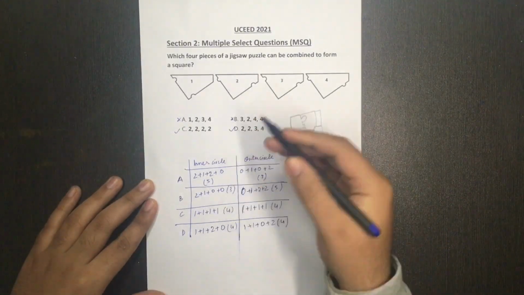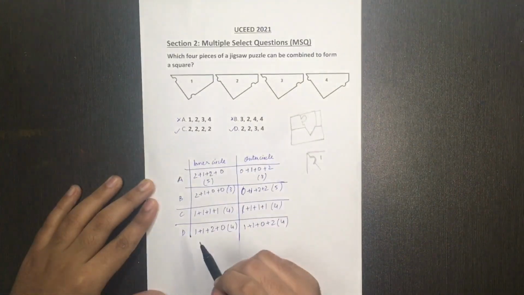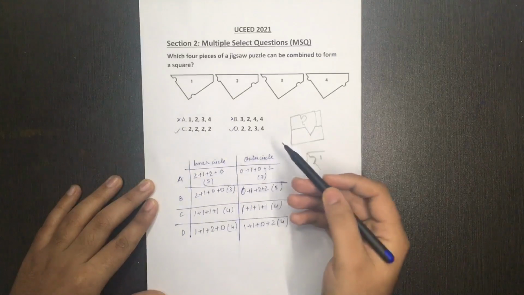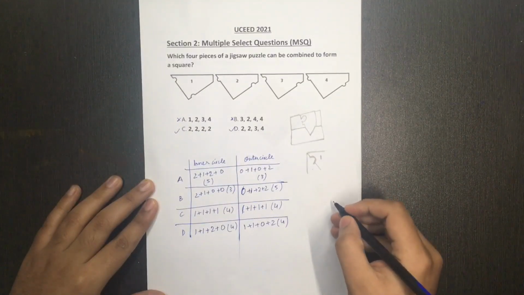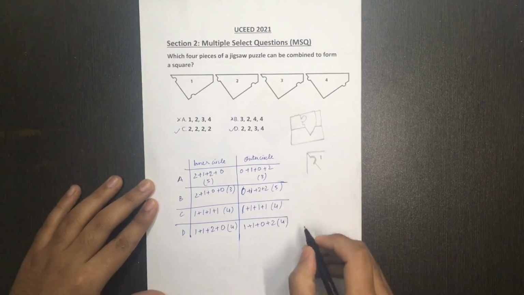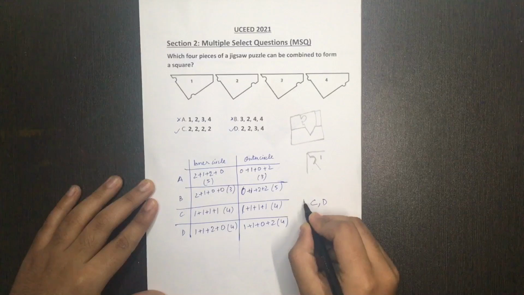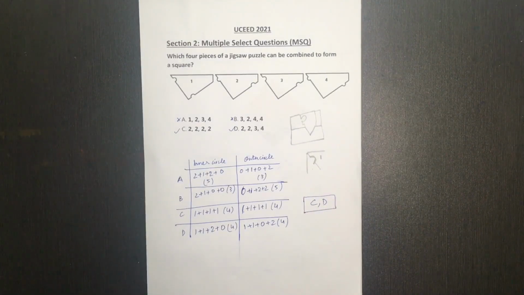Over here, if it was given that we need to consider it in a sequential manner or something like that, then we would have gone ahead and made a combination and checked whether the combination is correct or not. But since they have not given that, we can directly say that options C and D are correct. This is what the answer says: options C and D are correct in the answer.